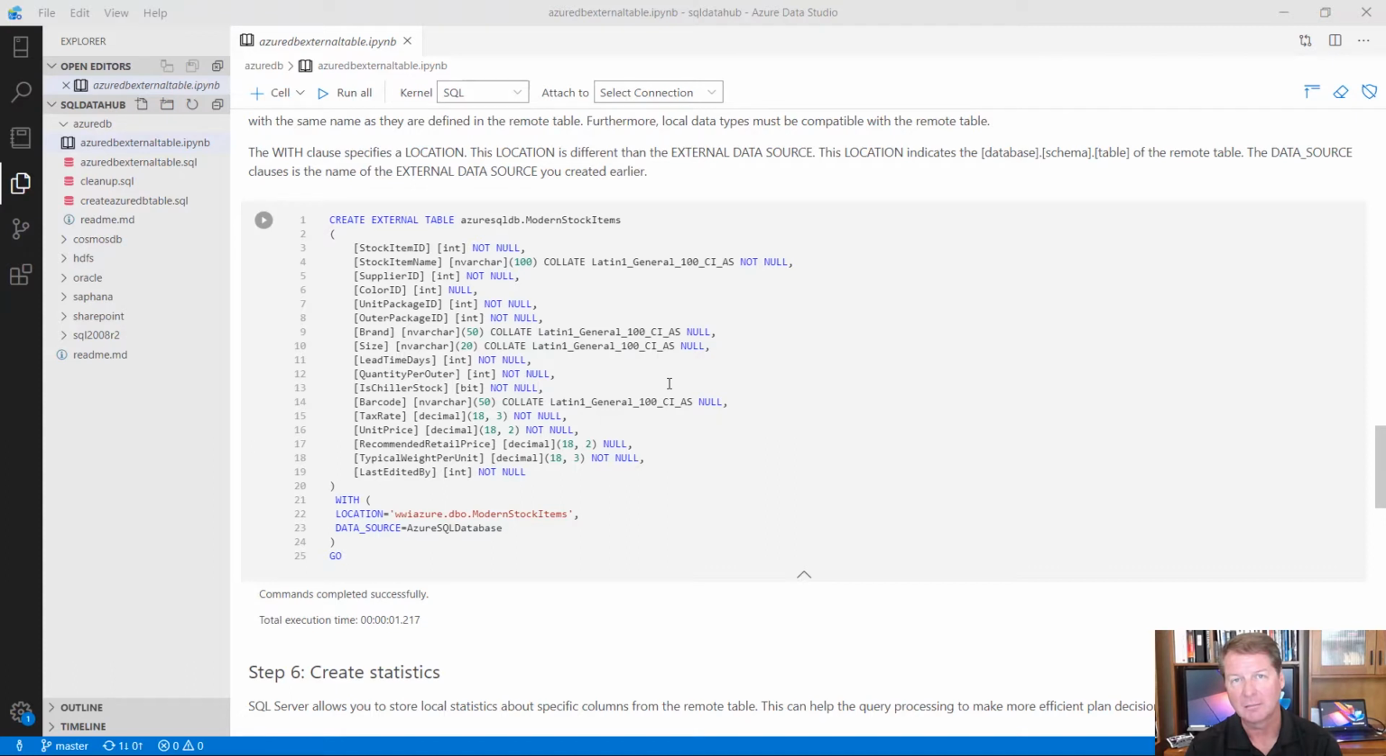So here's a list of my columns. The columns don't have to be in the exact order as the remote table. And you can even list a subset of columns from your remote table, so you don't have to list all of them. Now the data type mapping needs to be there, and we have in our documentation how to use specific data types from your local SQL tables to that